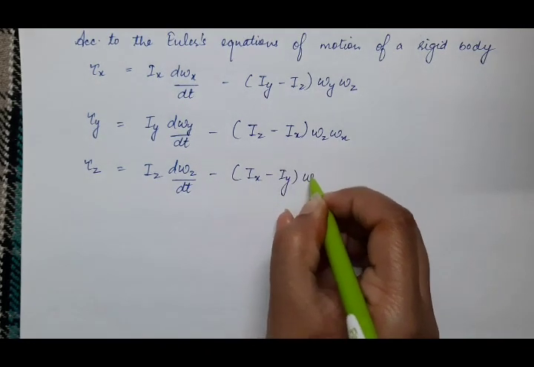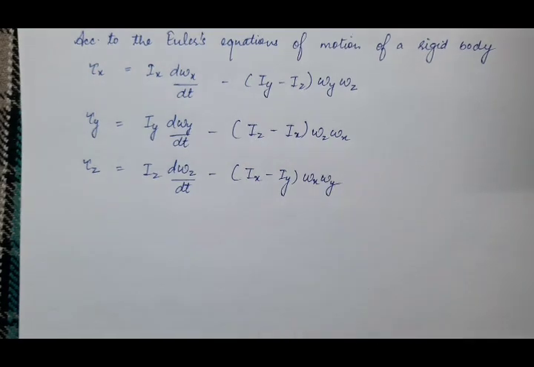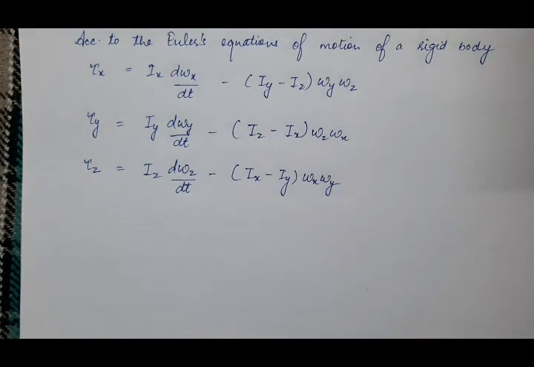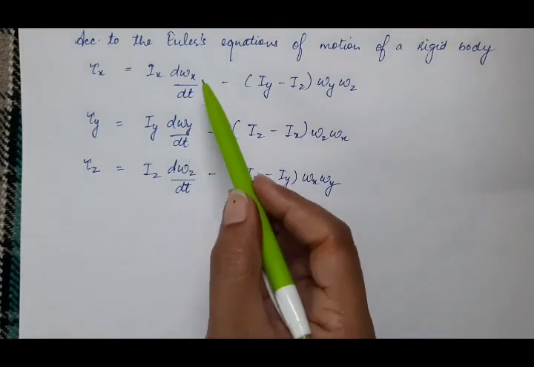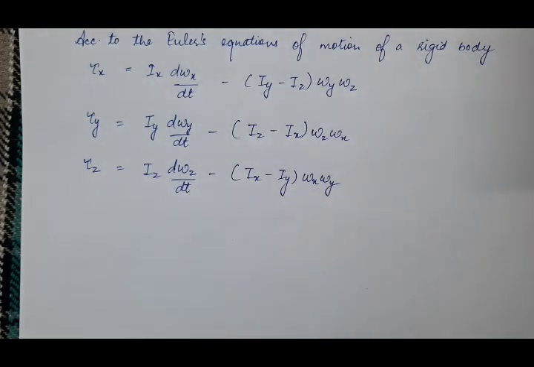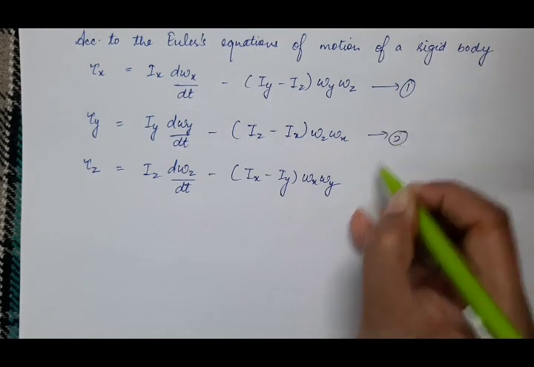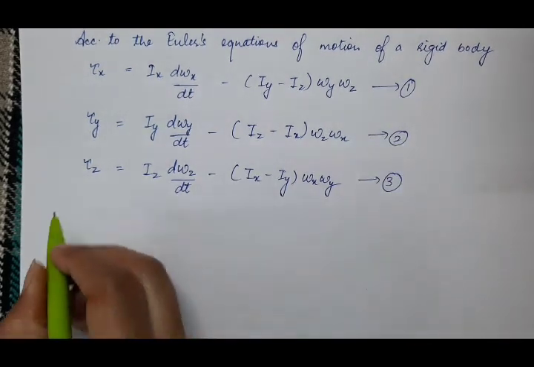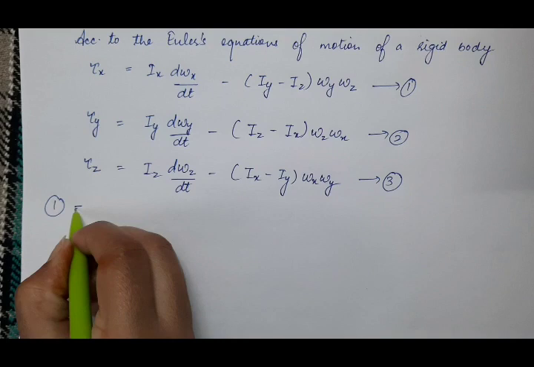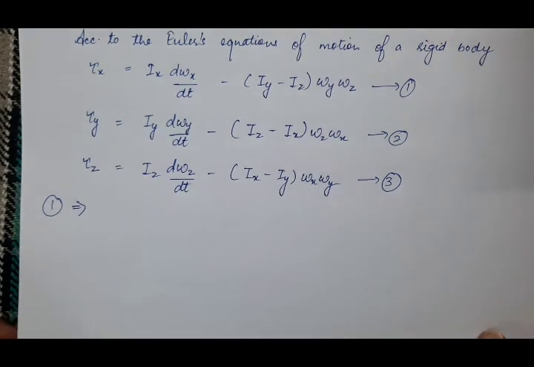You have to remember these Euler's equations of motion. So now we will put the values of Ix, Iy, Iz and omega x, omega y, omega z in these three equations. Suppose this is equation 1, equation 2, equation 3. So when we put the values in equation 1, it will give us